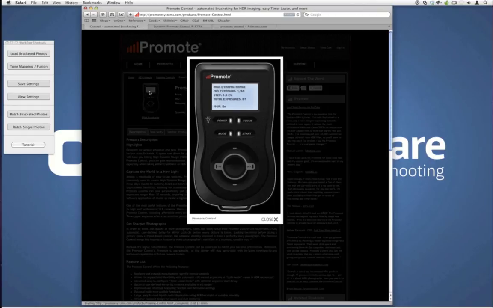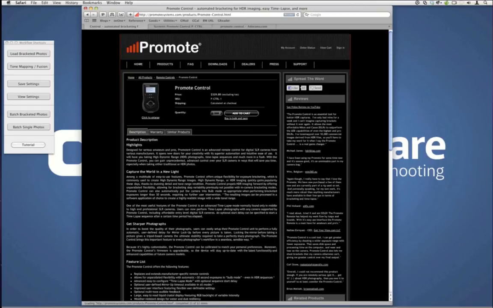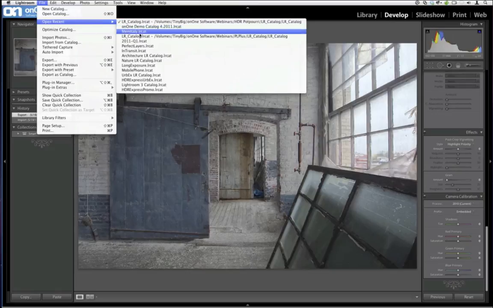Lori's saying on batch processing, guess I've never done HDR panoramas. Oh no, quite the contrary. I've done plenty of HDR panoramas. And I know what you mean, because with panoramas you want each panel to be processed the same. I still send them in manually. Like in the last webinar, the Italy one. Here's a panorama. If I change my Lightroom catalog to the catalog for that webinar,